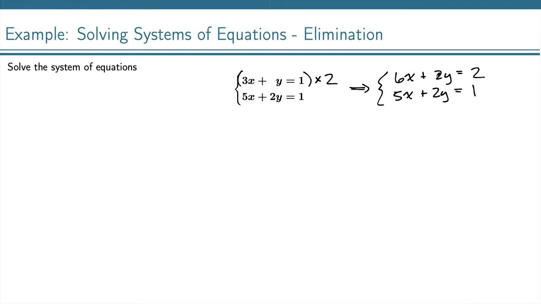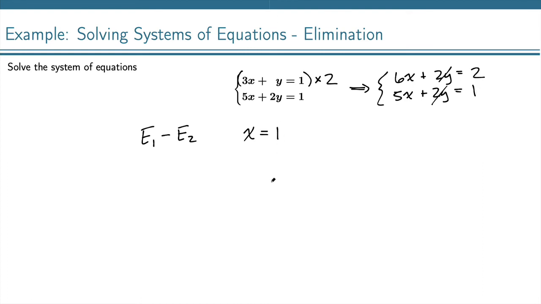Then what we do is we either add or subtract the two equations to eliminate this y, since they have the same coefficient. They are both positive, so I need to subtract them to be able to cancel. So we're going to take equation 1 and subtract equation 2. What that's going to give us on the left side is we're going to cancel out this 2y on both of those, and then we'll end up with just 6x minus 5x, which is x. And that equals, on the right side of the equals, 2 minus 1,